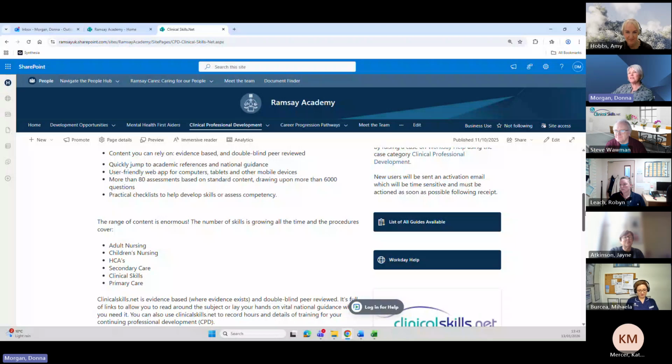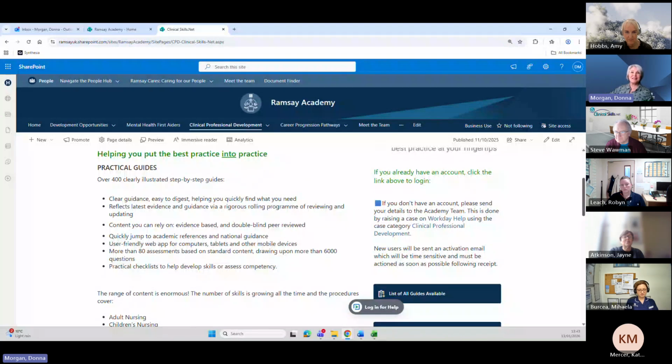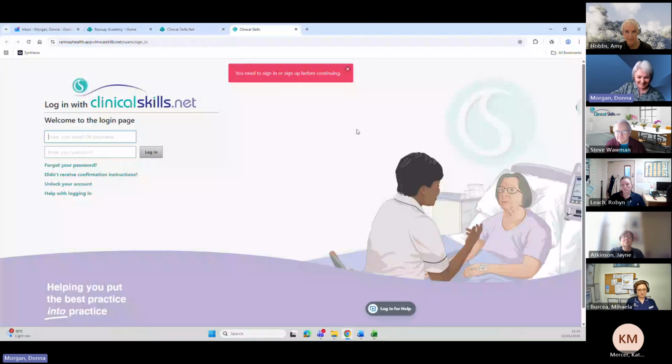And this is quite good as well. If you click on list of all guides available, it's not going to work now, is it? Because I'm not logged in. So if I log in,